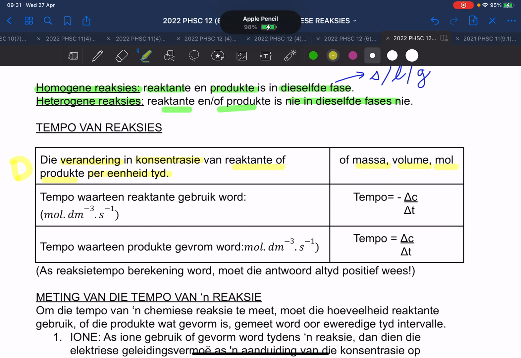Okay? Want baie keer, sometimes, jy kan hier so ook sit. Okay? Want baie keer, sometimes, we won't be given the concentration. Ons gaan nie die konsentrasie gegee word nie. We will be given the mass, or we will be given the volume, or we will be given the whatever. Okay? So, when they ask for the definition, wanneer hulle vra vir die definisie, then you can say the change in concentration, doesn't matter what they ask, of jy kan dit verander dat spesifiek op die vraag van toepassing is. If you see in the question, they speak about mass, then you can say it's a change in mass of reactants or products. Okay? Then, per unit time, per eenheidstyd.